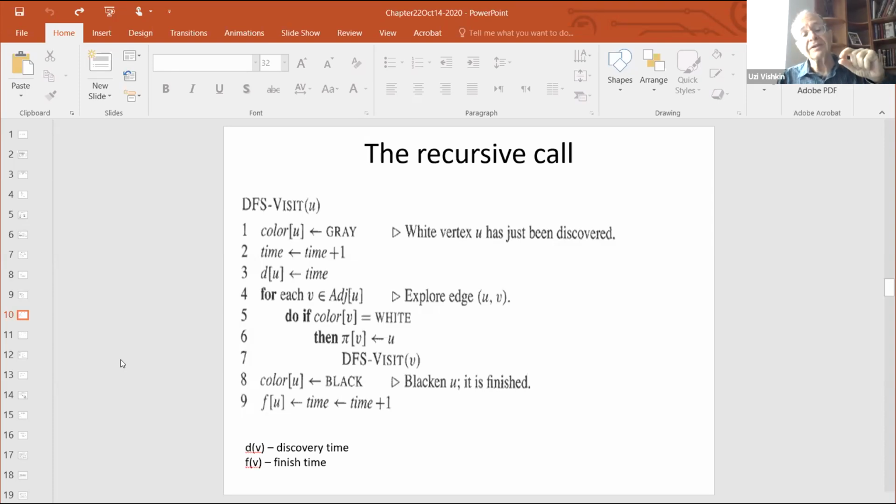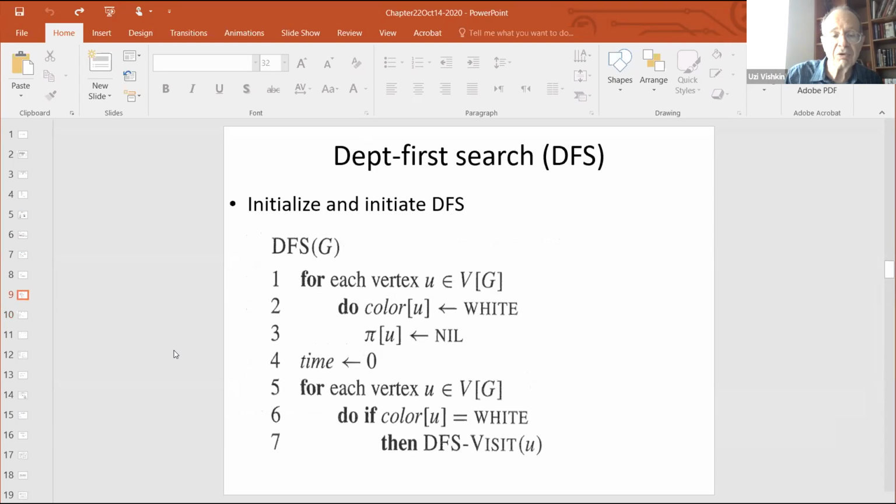And I declare the discovery time of this node, which d[u] here means discovery time, to be this time that I first entered this node. Now I start going through its edges. But it is very important that you try to catch with your eye the huge difference between this for loop right here and this for loop